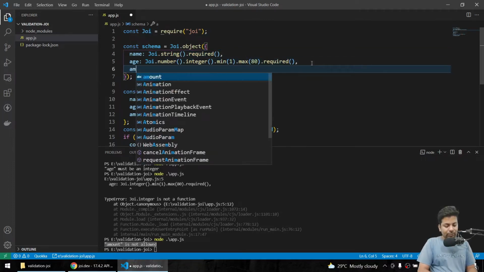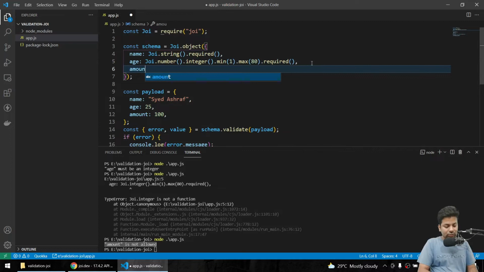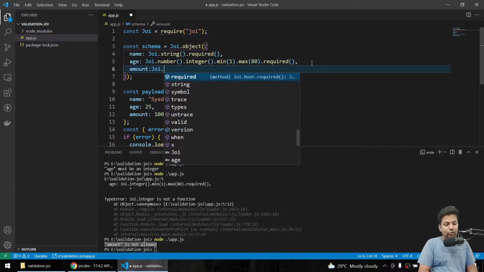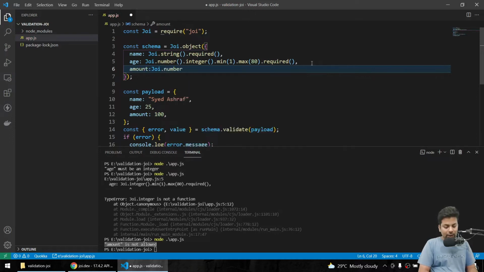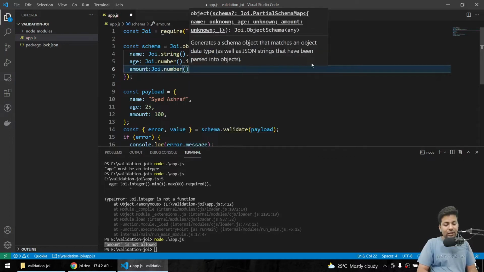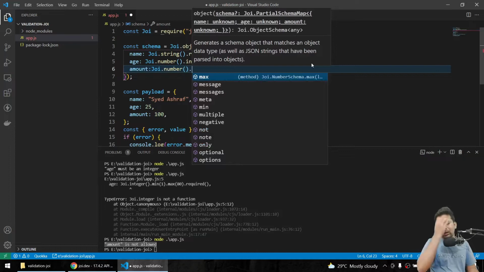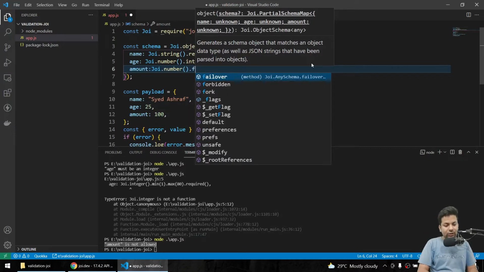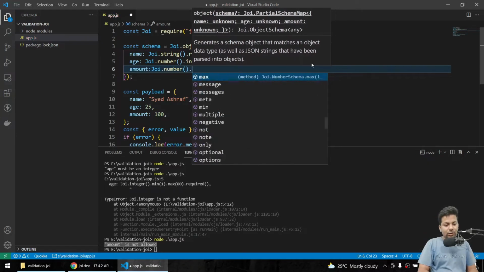Now if I'm accepting amount, so amount should be what? It should be a number, obviously, and it should be a floating point. So we'll say float.